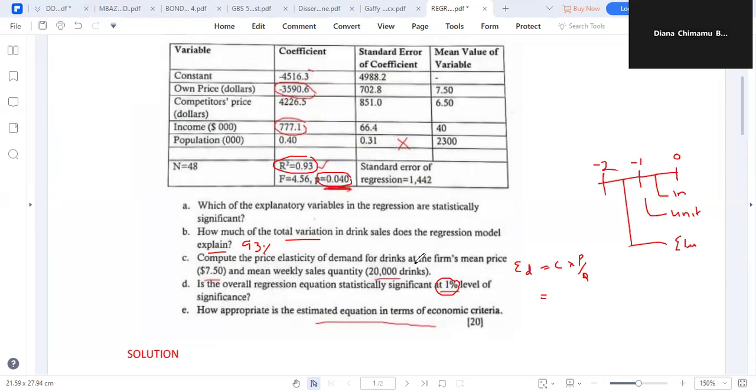So the p-value must be smaller than the statistical significance. If it's more than that, it's not significant. So this is 4%. Okay, let me just write that down. So let me write it down. p-value,